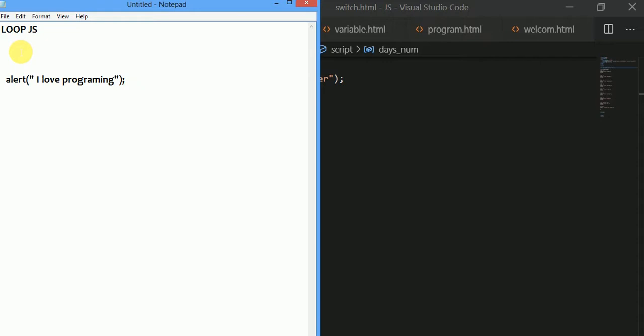Okay, so in loop there are three ways we can loop. We have the for loop. Okay, we have the while loop. Okay, we have the do while loop. All of them are loop and all of them can perform the same function,